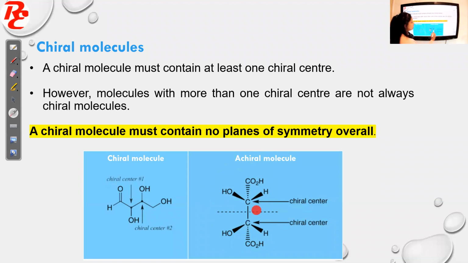But the molecule also has a plane of symmetry. You can divide your molecule into 2 equal halves. So even though it has 2 chiral centers, the molecule won't be chiral. Therefore, I say it's achiral. The reason is it has a plane of symmetry. So what's the conclusion from that? If the molecule has only one chiral center, the molecule will be chiral. When the molecule contains more than one chiral center, see whether it has a plane of symmetry or not. If it has a plane of symmetry, it will be achiral. Otherwise, it will be chiral.